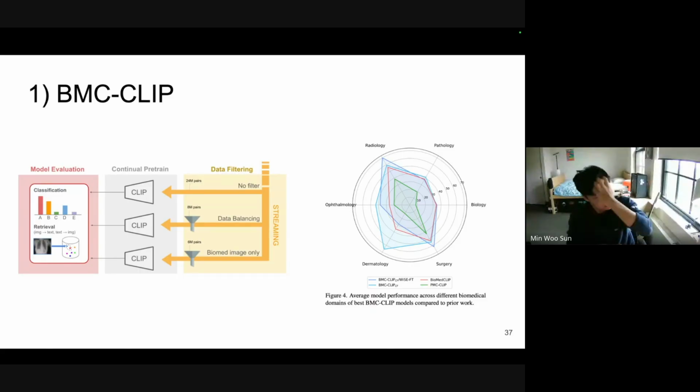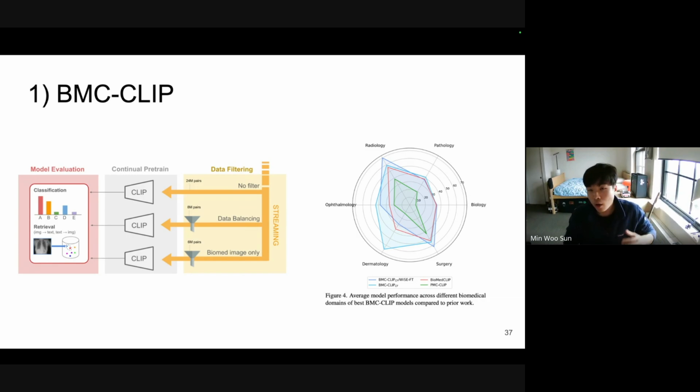We actually took a couple of different strategies when designing our training mixtures. And again, this was enabled by the fact that we had these concept labels that we generated for all 24 million image caption pairs. The first strategy was to do no filter, right? What if we trained on all 24 million image caption pairs? The second strategy was data balancing. Here we looked at the data composition and wanted to balance the concepts representing different domains. And lastly, we tried concept filtering, where we filtered down to image caption pairs that are more biomedically relevant, so microscopy, clinical imaging, and such. That was the smallest set, of just 6 million image caption pairs.